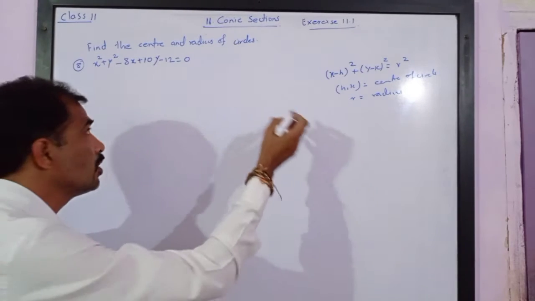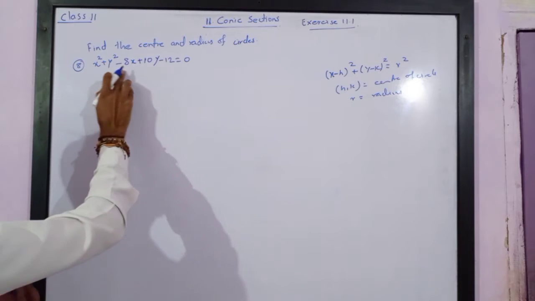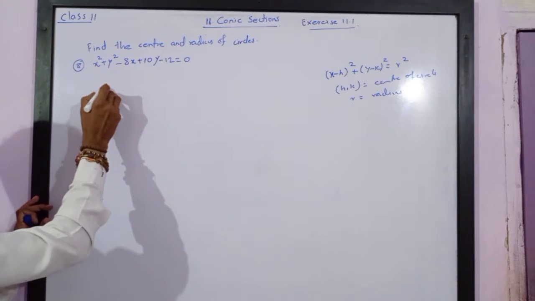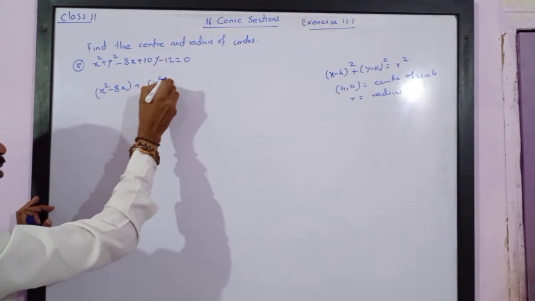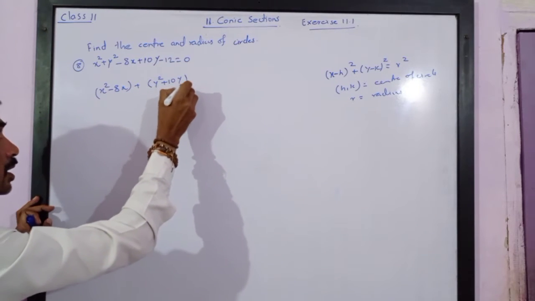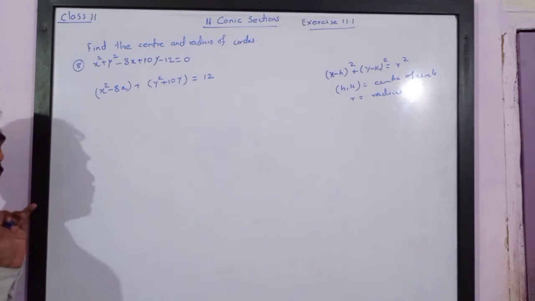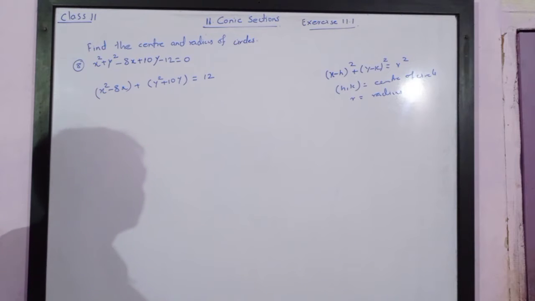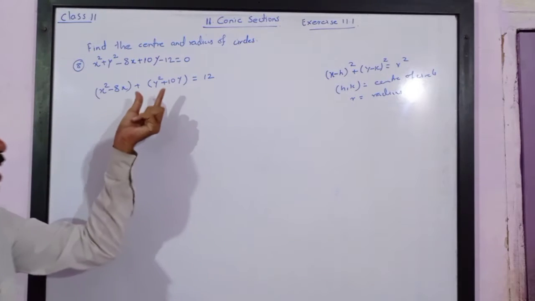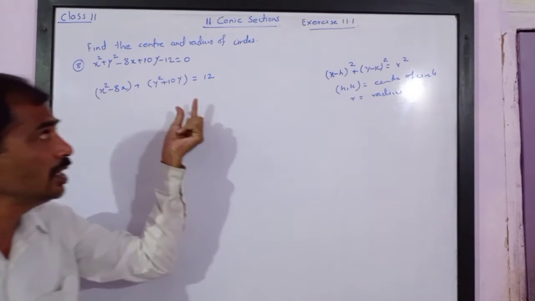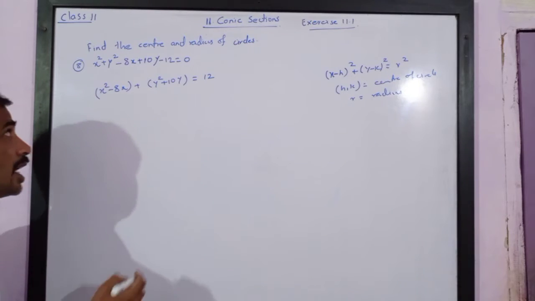For this we have to arrange first the x and x square terms. So this is equal to x square minus 8x, I am separating this, plus y square plus 10y minus 12. If transposed to the right hand side, it will become plus 12. Now try to understand. We need to write the first two terms as a bracket square of something, the second two terms as the bracket square of something, and the right hand side as the square of something. So let us understand how this can be written.